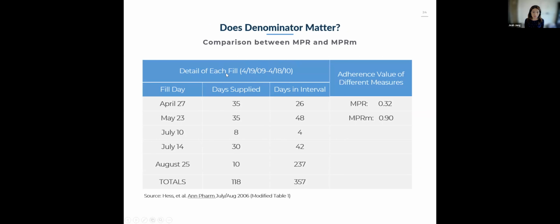These are for this follow-up period, and this is the Part D record that I got. So this patient, the diagnosis on 19th, and then first fill date was April 27th, and this is days supply. MPR first measure is really simple, right? Your denominator: you said that I'm following up this patient for 1 year. You fixed your time period. So 365 days is your denominator. And then you simply sum up these days of supply in your data. So there was 118 days, and you divide 118 by 365 days, and that's your MPR measure.